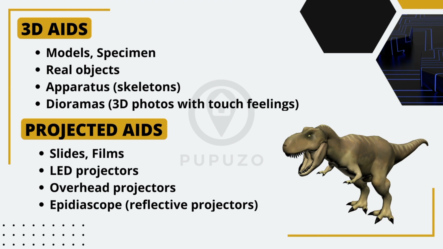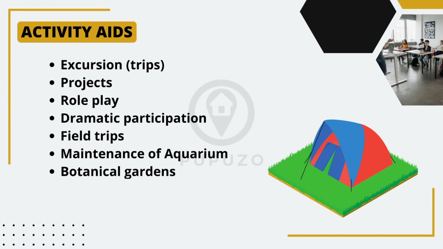immersive learning experience. Projected aids, including slides, films, LED projectors, overhead projectors, and epidioscope, allow for large-scale visual presentations, making it easier to share information with a larger audience. Activity aids, such as excursions, projects, role plays, dramatic participation, and field trips, encourage active learning, hands-on exploration, and real-world